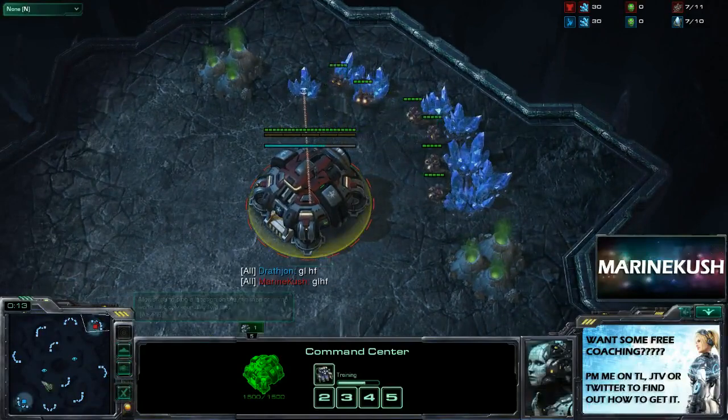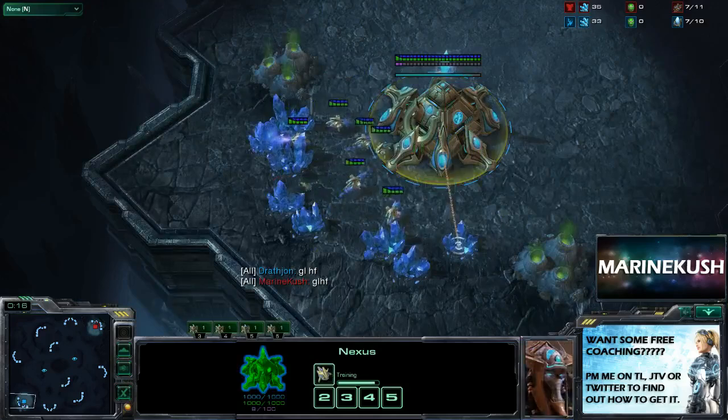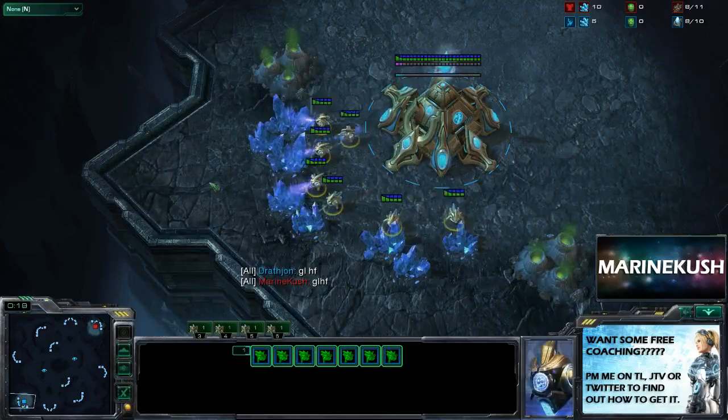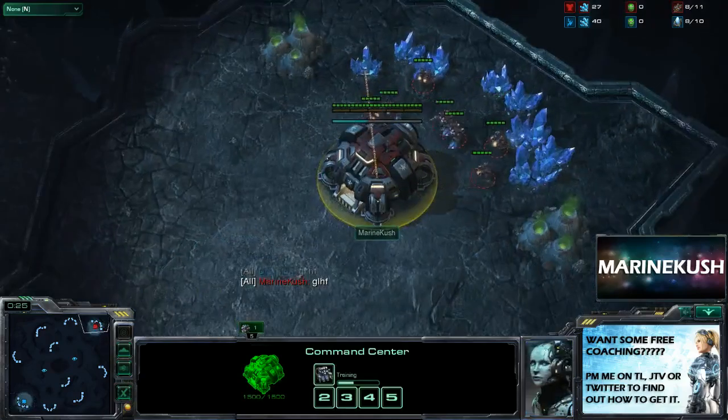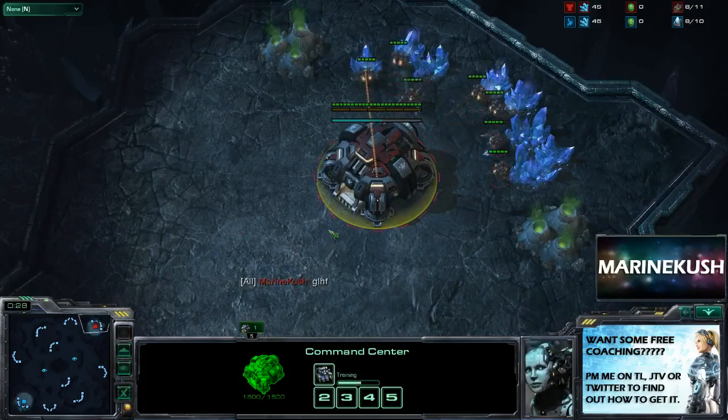This is me, the Red Terran MarineKush, and this is my opponent, Drath John. He's going to be playing Protoss in the bottom left for Zelnor Caverns. This is a custom game. He's a diamond player. So yeah, I posted my guide yesterday on the new TvP build